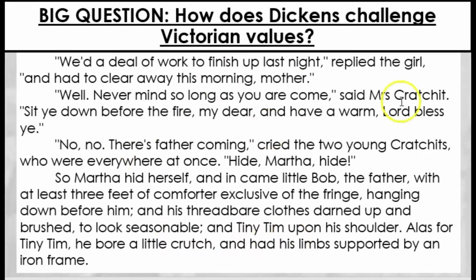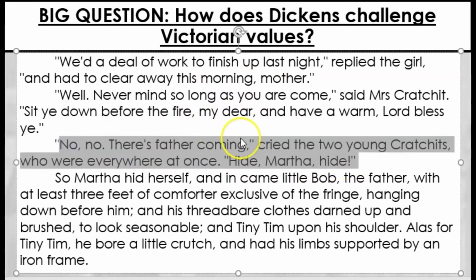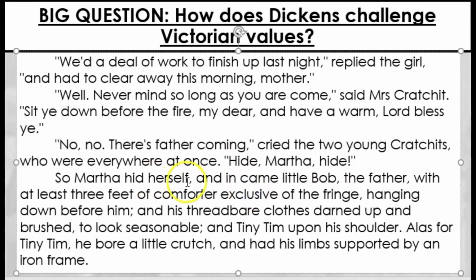So Martha's basically been working very late. She's come home. So we get a sense of the poverty of the family, that even the children are having to go out and earn money to help support the family. She's come back from working a long shift and is about to have a drink, but because the young children realise Dad's nearly home, they encourage her to join in the games and play almost hide and seek, to surprise Dad. So she joins in the fun, takes part in the Christmas festivities and enjoys herself. And then we get the entrance of Bob in his threadbare clothes.